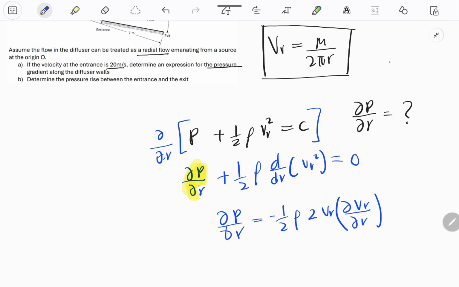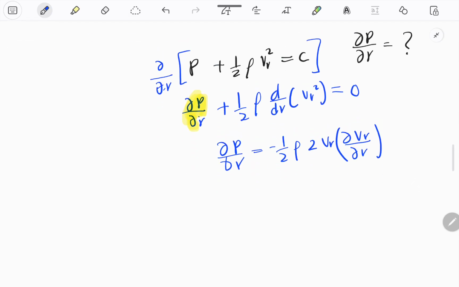I already used 0, so I'm ready. Okay, fine. I hope I haven't confused anything so far, but it looks like I can easily cancel those ones, right? I can cancel this 2. Then I'll have the partial of p, which we're interested in, radially, negative